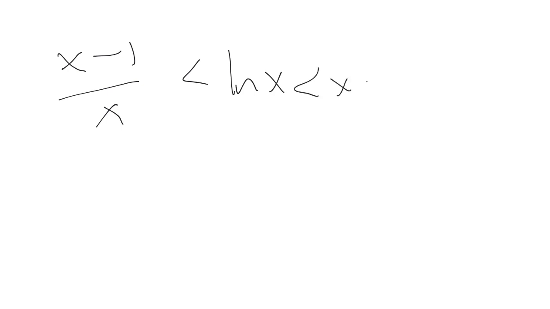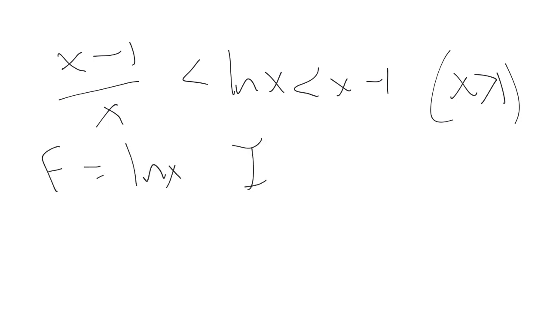The inequality we're trying to show for 5b is that x minus 1 over x is less than ln x, which is less than x minus 1, for x greater than 1. So probably the function I would guess is ln x, and then for my interval I'm going to do 1 to x, because I want x bigger than 1. The mean value theorem then says you have a c, so that f prime of c, which is 1 over c, since the derivative is 1 over x,